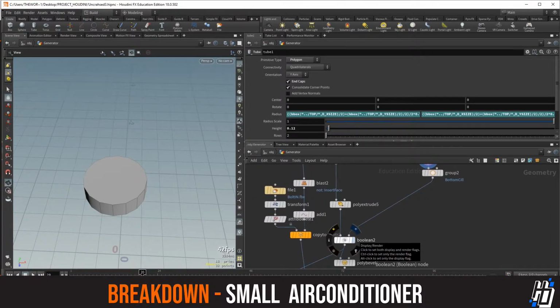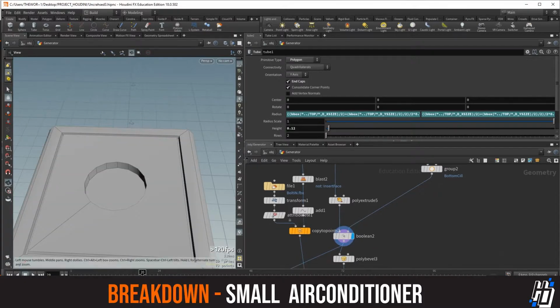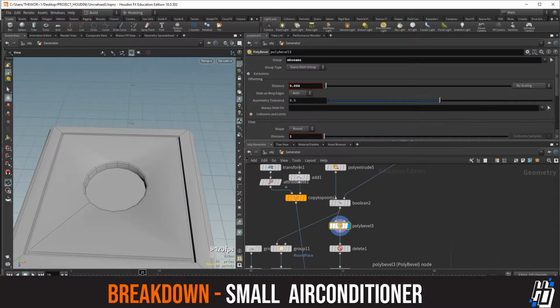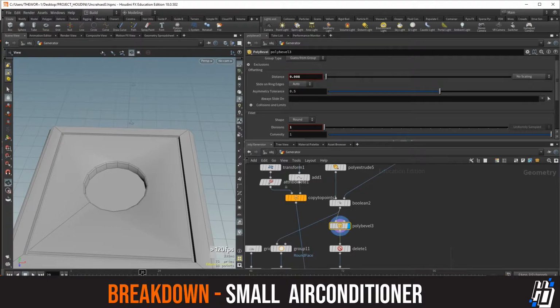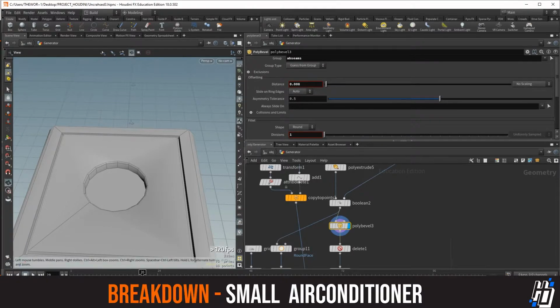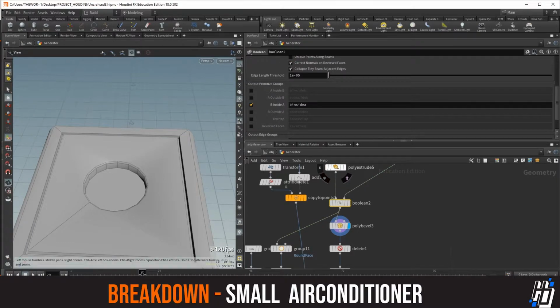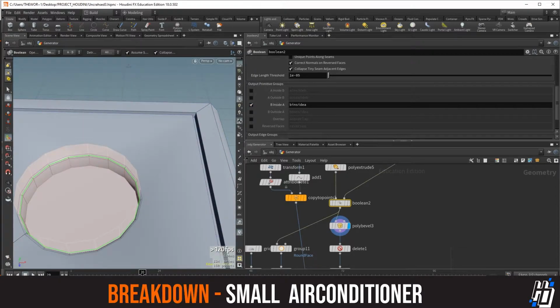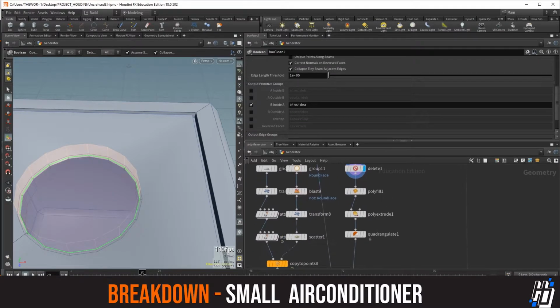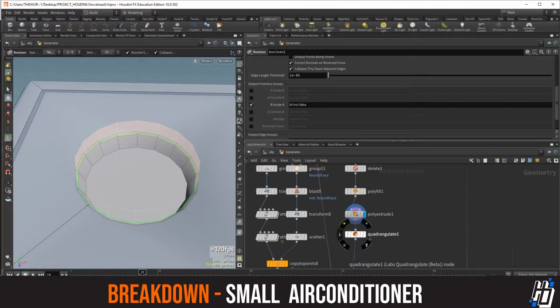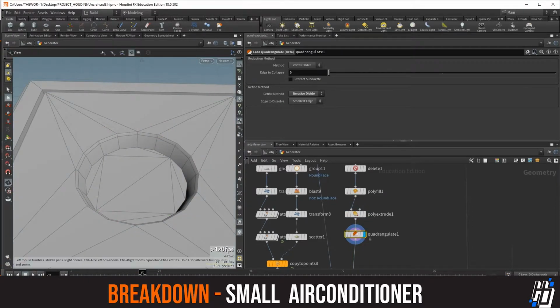Then I use that tube to boolean. I boolean it, then I bevel the outer edges. Those are automatically, I can turn them on to save this edge for me later, so I can use it later on to boolean. Then I delete the face, I use a polyfill to fill it, do some extruding with it, and then quadrangulate